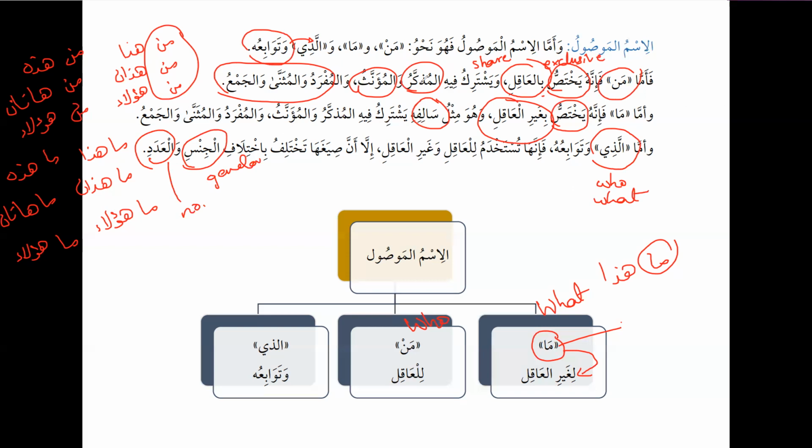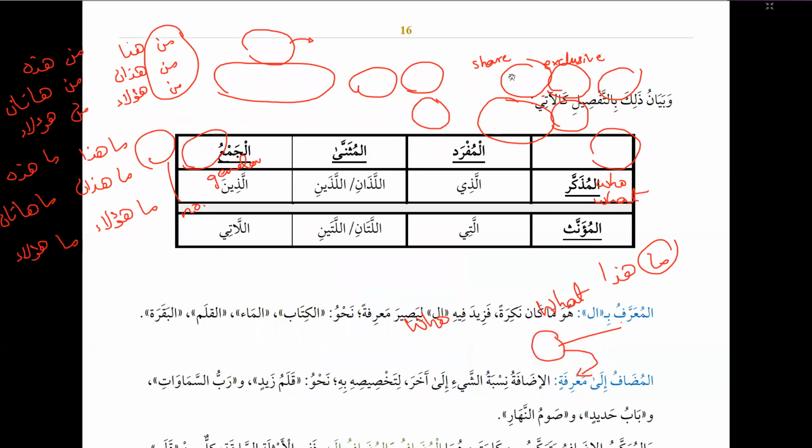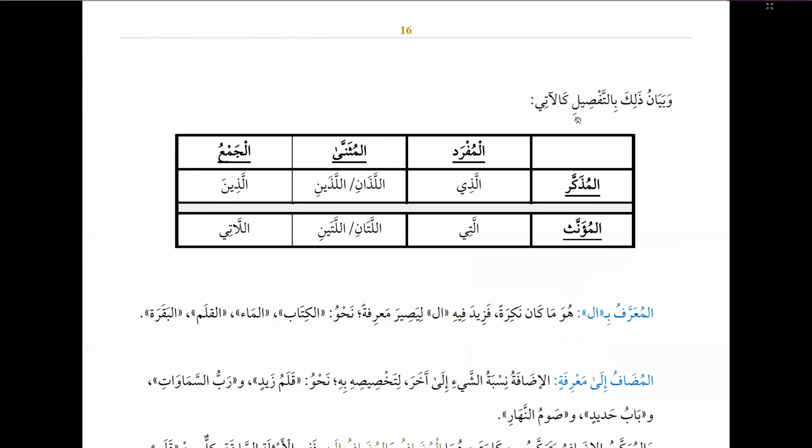Let me just show you the table of الذي, and it's very easy. وبيان ذلك بالتفصيل كالآتي. So for masculine, I'm going to use الذي for singular, التي for feminine. For dual, اللذان, اللذين, depending on the role in the sentence, and for feminine اللتان or اللتين. And for plural الذين,